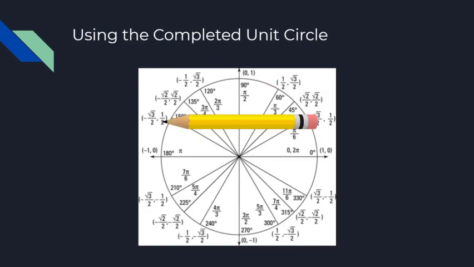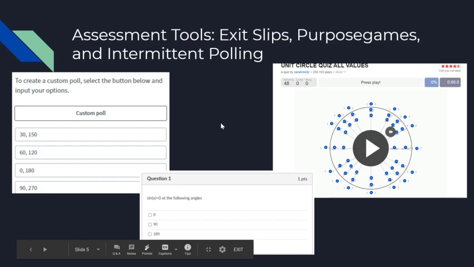In the following lesson that happens the next day, you'll show the students what a completed unit circle looks like. So this is the entire unit circle, and you can see it has the radian values, those that deal with pi, the degree values, those that deal with degrees, and then the sine and cosine values. And you'll see that I have a pencil that is placed,